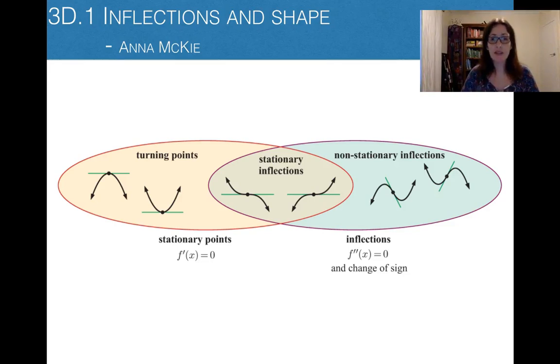Hello, I'm Anna Mackay and this video is on inflections and shape. This Venn diagram here is actually quite handy to be able to compare the differences and the similarities between stationary